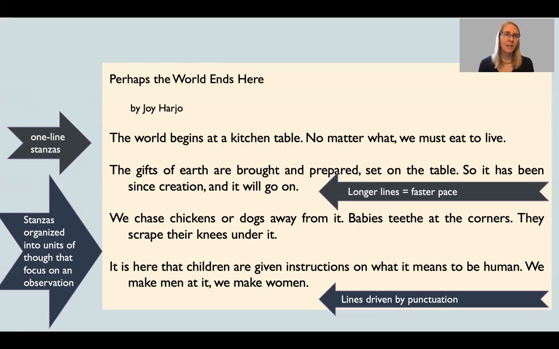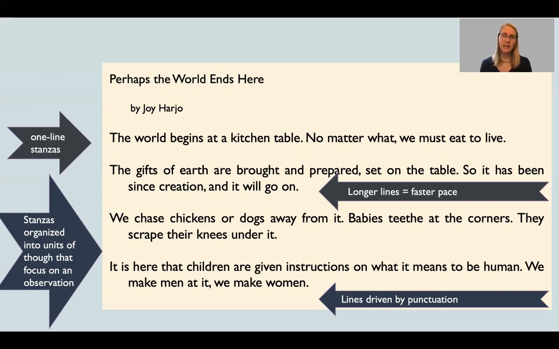And so the stanzas then are really kind of organized as units of thought, like you might do in an essay or a story where you're kind of grouping like ideas. Each one of the stanzas are bringing an important point to the poem and exploring it. So that's why some of the stanzas are more than one sentence. Having the longer lines means we don't need to break as often to lift our eyes above the page to go to the next thing.